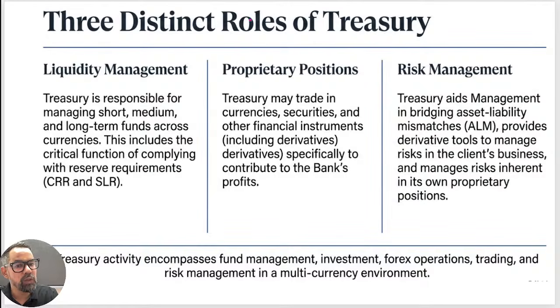Now when it comes to the role of treasury, there are three key roles which are performed by the treasury department. One is the overall liquidity management, including CRR and SLR. Proprietary position, where treasury enters into different securities on behalf of the bank itself. They generally buy and sell those particular ones. And the next one is risk management. So ALM provides derivative tools for hedging purposes and others. It can be for the proprietary, own position, or on behalf of HNI customers